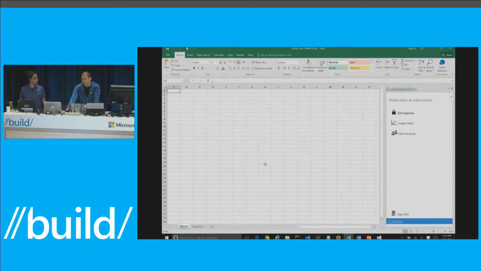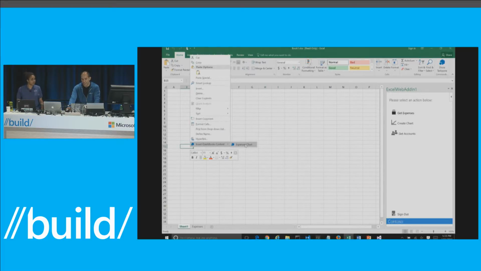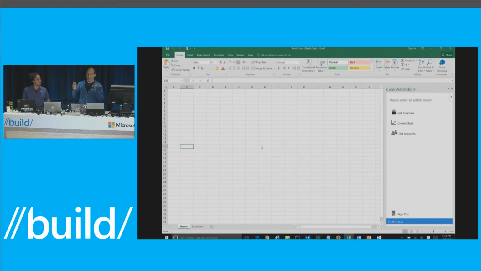Now, let's take a look at my context menu commands. So if I come to a new sheet, and let's say I'm creating a dashboard or analyzing this data, I can just come up to a cell, right-click, here's my command. I can click here, and my create chart function is going to be invoked. And hopefully,